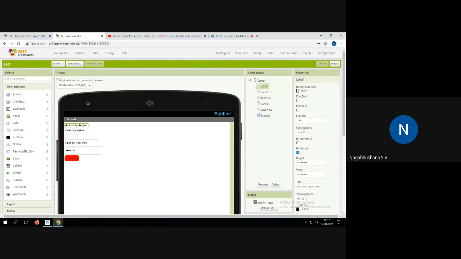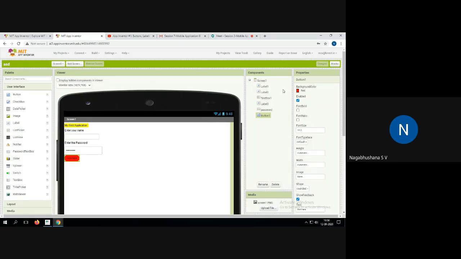Similarly, if you go to labels, you have a different thing. Again, if you want to put some colors in this, you can. I mean to say you can select whatever options you want. Depending upon the type of component that you are looking for on the mobile devices, those specific properties will be available.